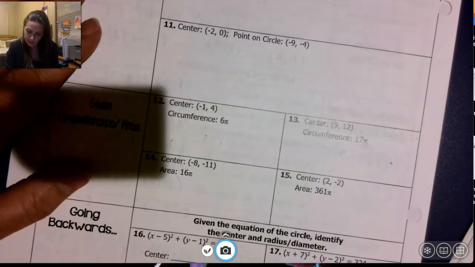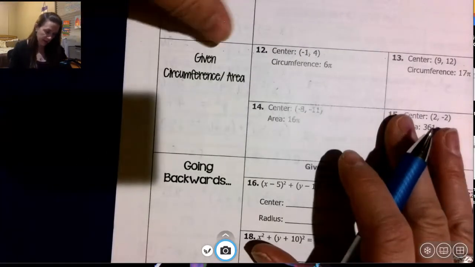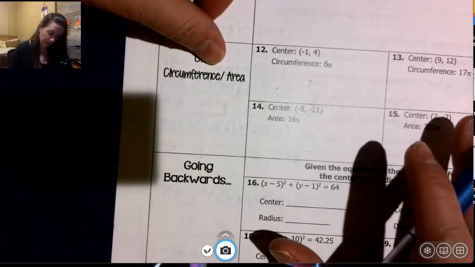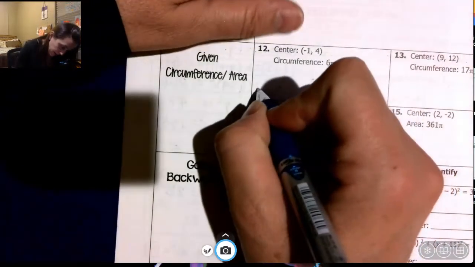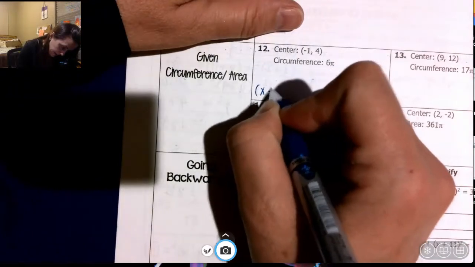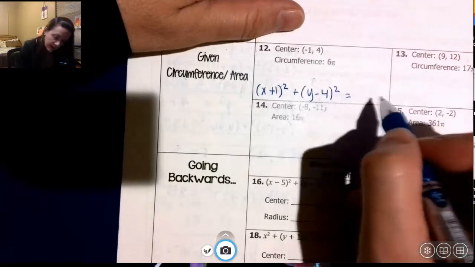These two are essentially the same as what we just did, so I am going to skip those two. Going down here, given the circumference and the area, could I write the equation? Here's my center. My circumference is this. I need my radius. To write the equation, my equation is going to be (x minus negative 1) squared plus (y minus 4) squared equals,